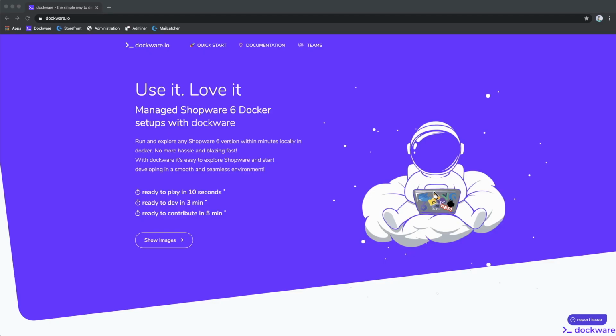Hi guys, welcome to a presentation of Dockware Contribute. I'm gonna show you how to run and modify Sftp 6 using Dockware and also create a new pull request